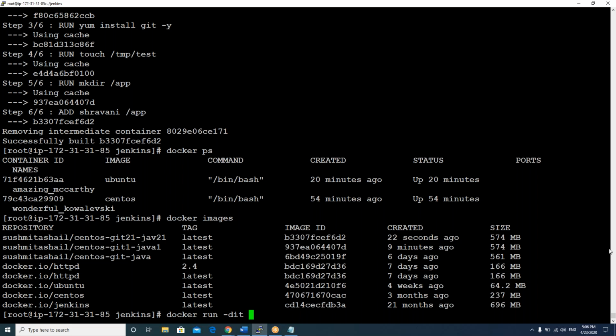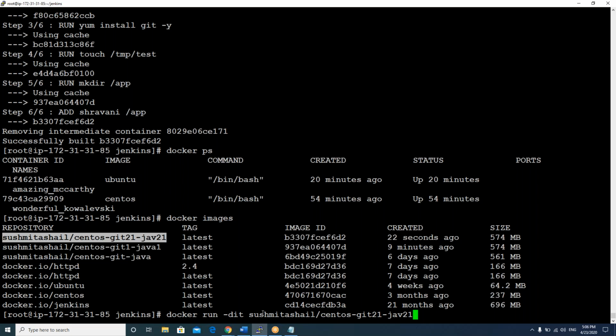Yes. Now, if I create a container with that image, what will I get?